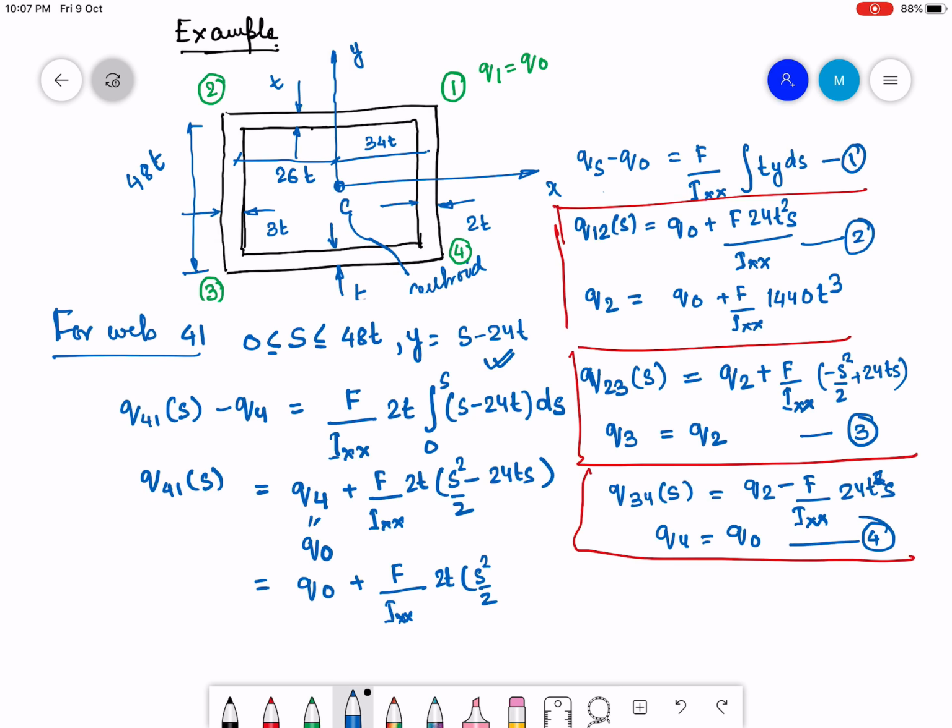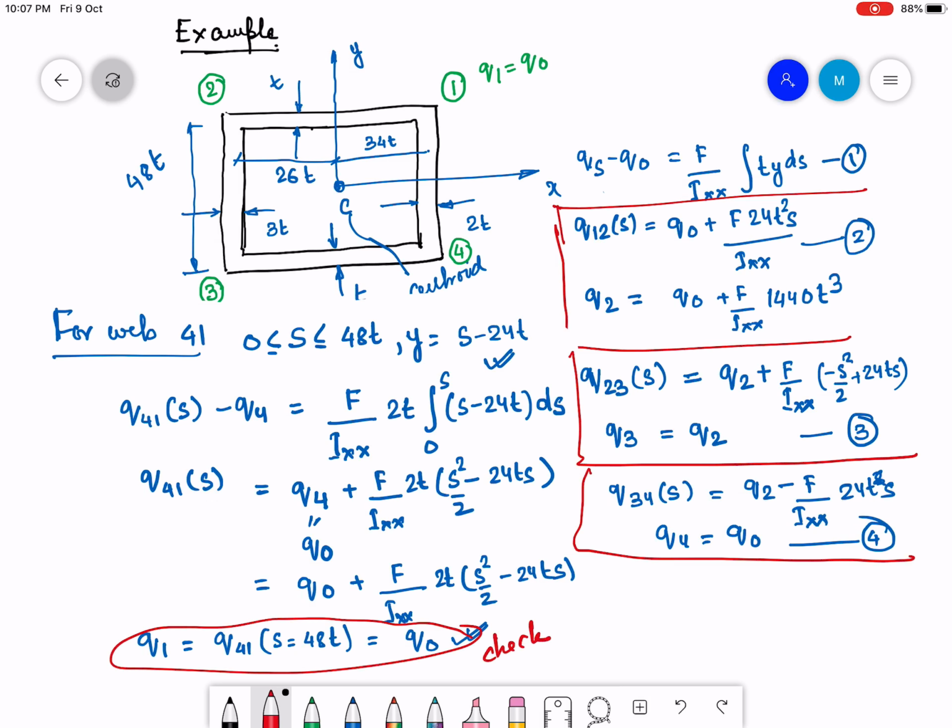Okay, so let me see what is Q1. Q1 is Q41 at S equals to 48t, and that is going to be equal to Q0, because this part is 0 at S equals to 48t. So I have Q1 which is equal to Q0. So this is an important check. Okay, so this is a good check,